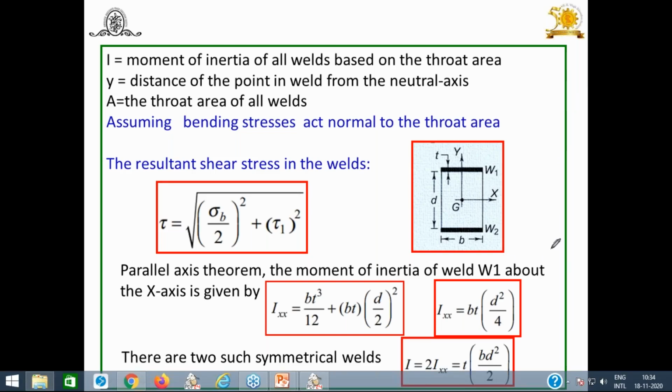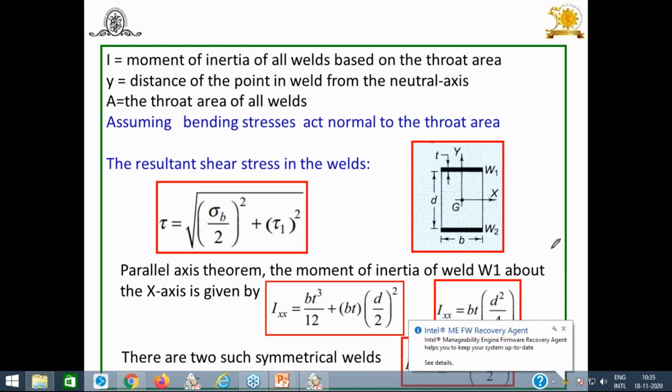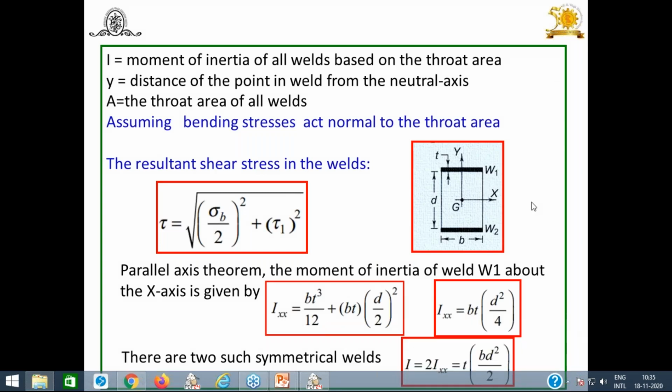Yesterday one of the students sent me a WhatsApp message about how to find out the J3. Yesterday we solved one of the problems, because in welded joint design problems it's very important to find out the J1, J2, J3 or IXX, IYY. That is an important thing. But here you already studied this topic in strength of machine elements, then applied mechanics. So you can use the same fundamentals to find out this IXX and IYY. You know very well. Even though, I would like to elaborate and discuss today how to find it out.